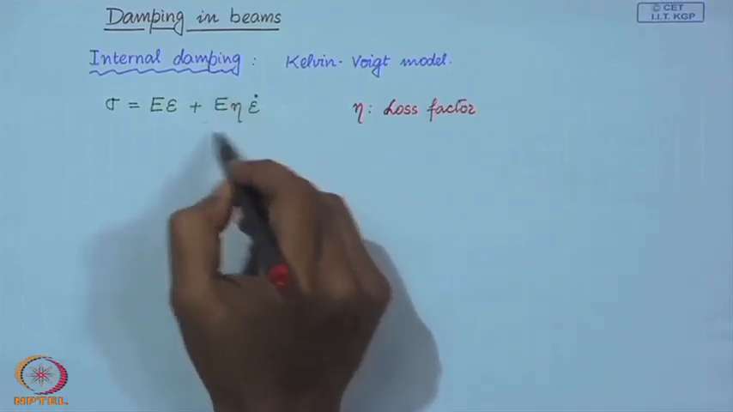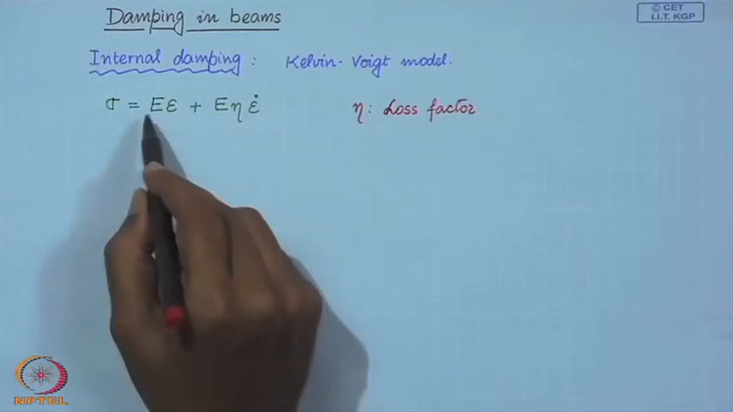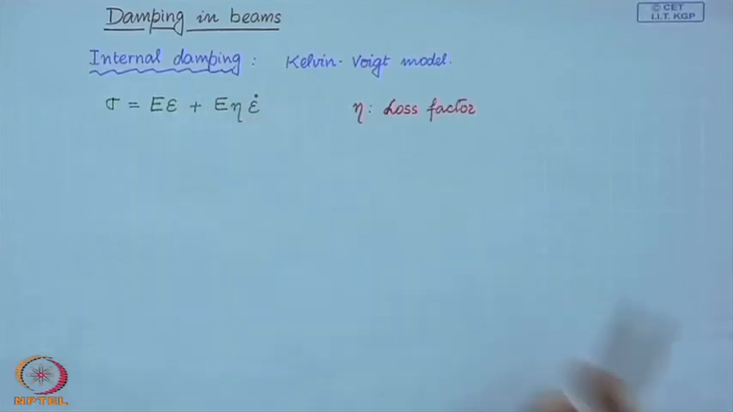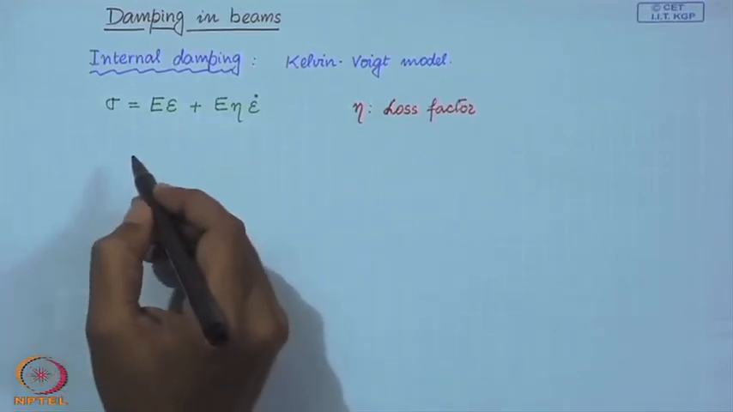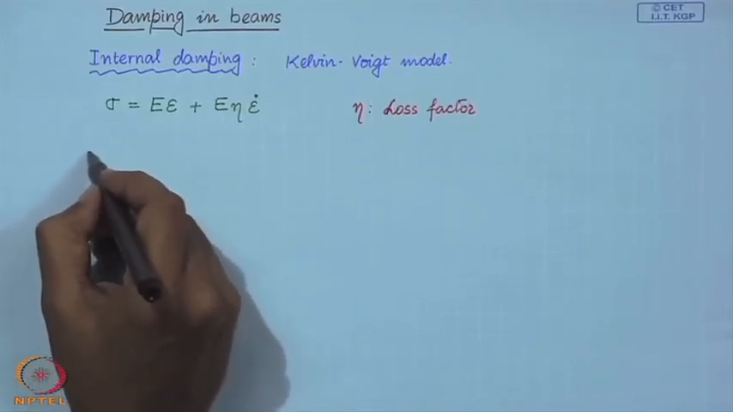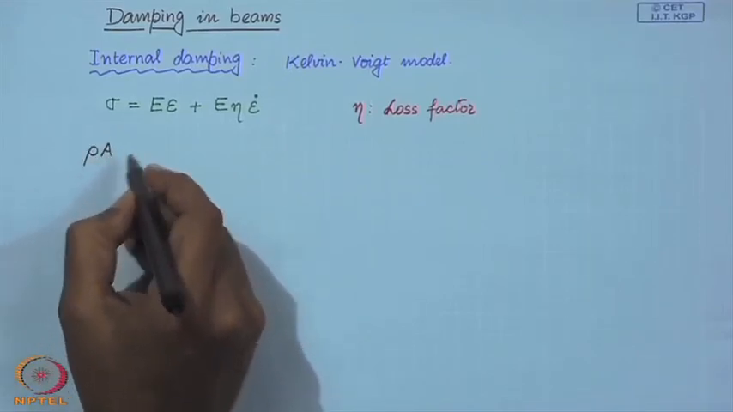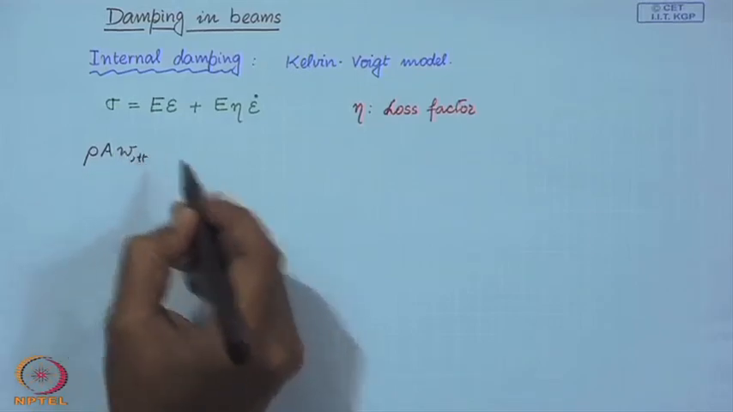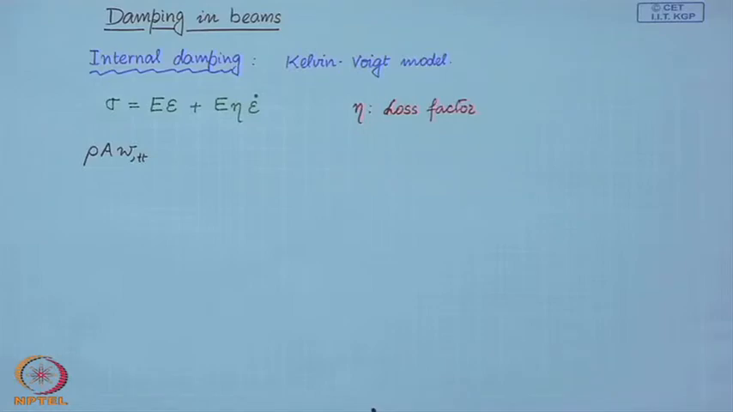It is written in a special way in order to match this term. So, E times some eta times epsilon dot. So, if you use this model to derive the equation of motion, then you can easily see that the equation of motion